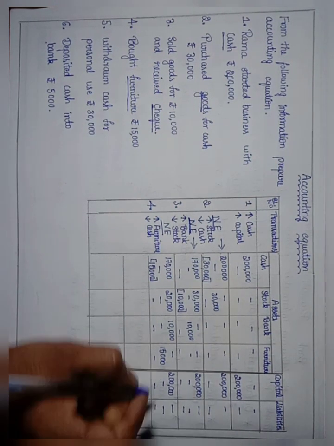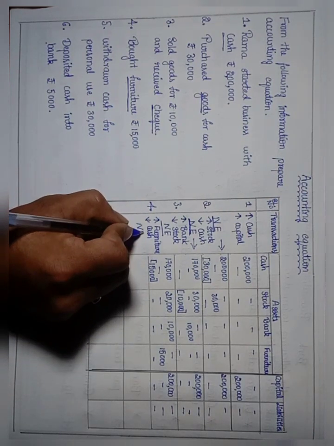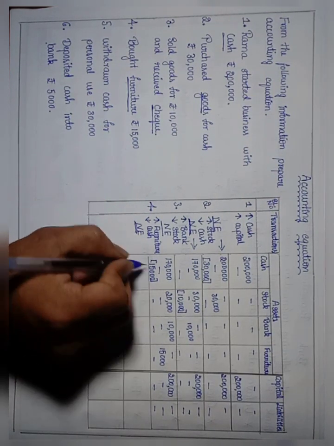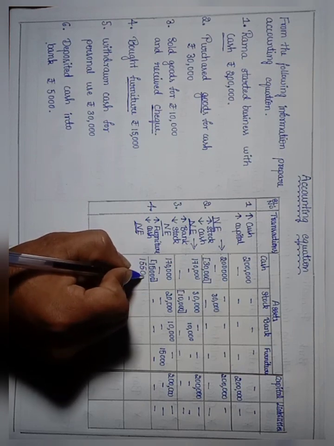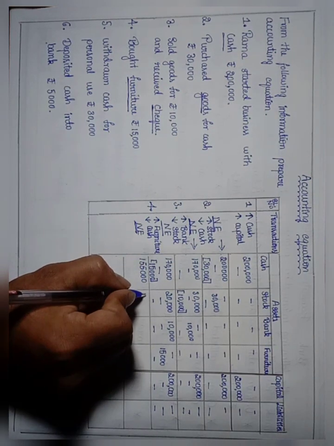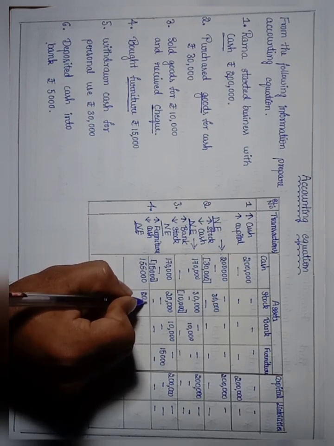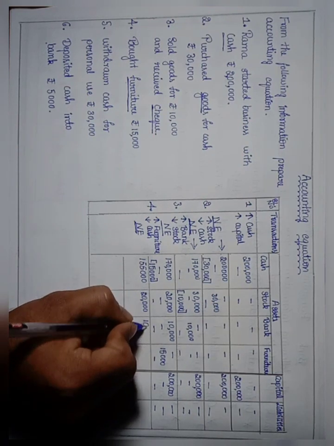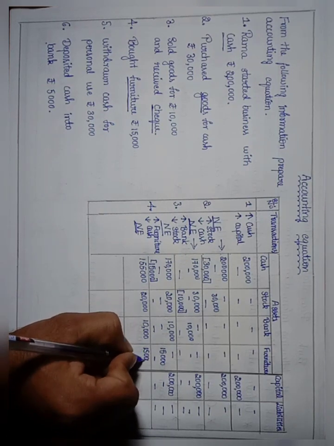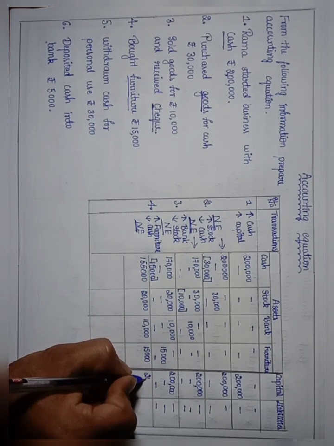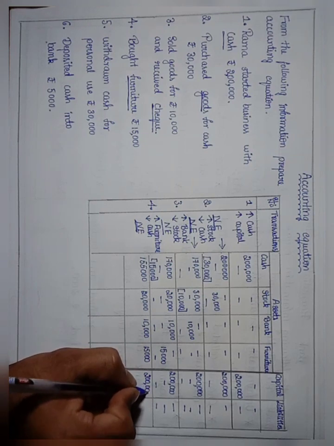Then after this transaction we will be having 1,55,000 rupees cash, then 20,000 rupees worth of stock, 10,000 rupees bank, 15,000 rupees worth of furniture, 2 lakh rupees capital,